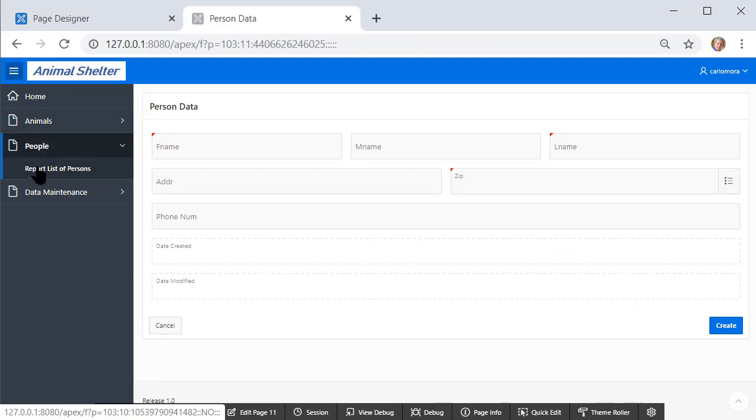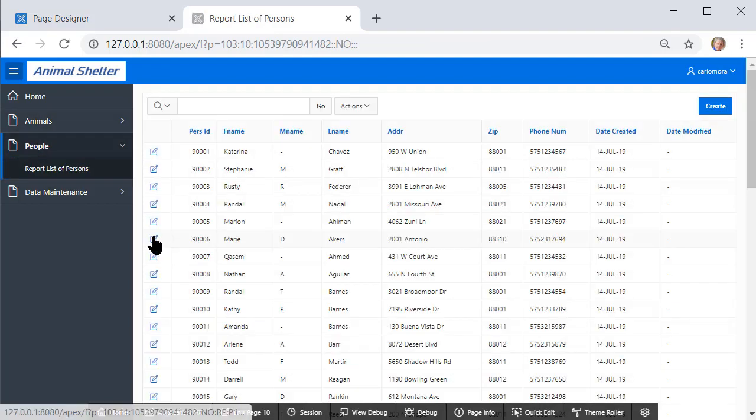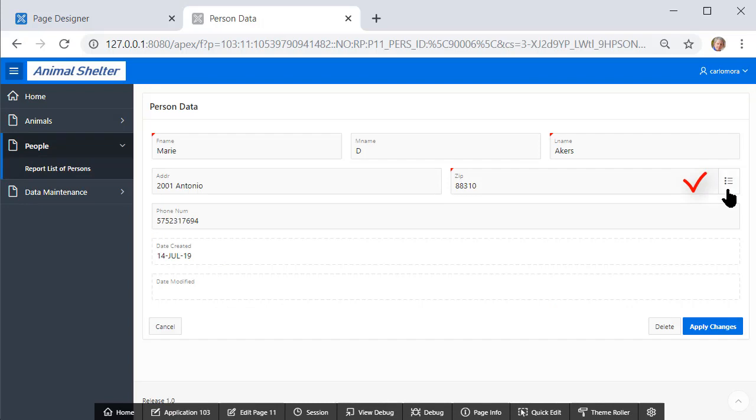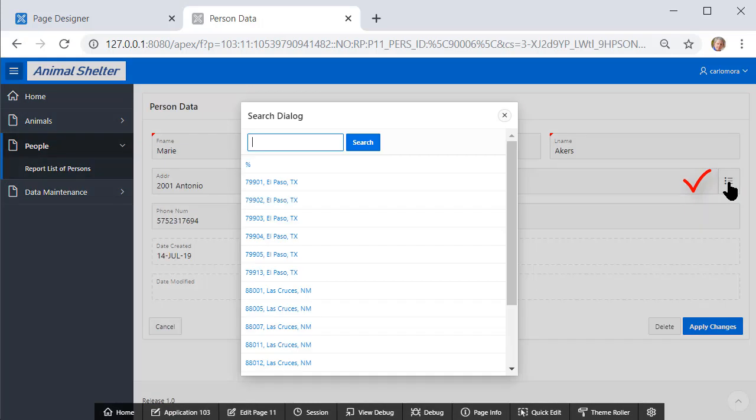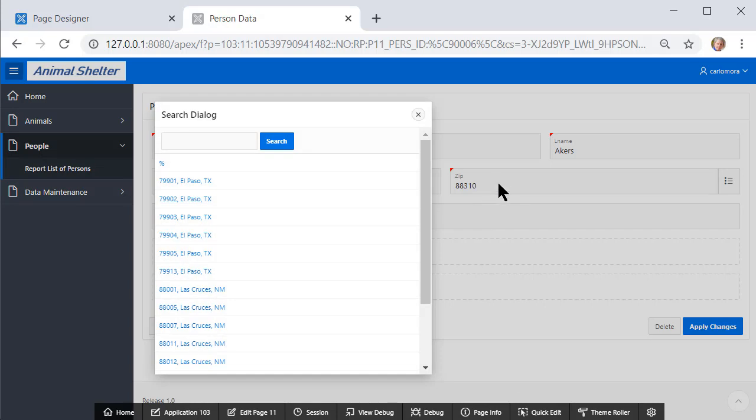Let me come back to the report so that I have data displayed in the form. And so now I see a pop list. In the form itself, we're seeing just the zip code. We'll change that display probably in another video. I've already done it in another video series where we could see the city, state, and zip all in this